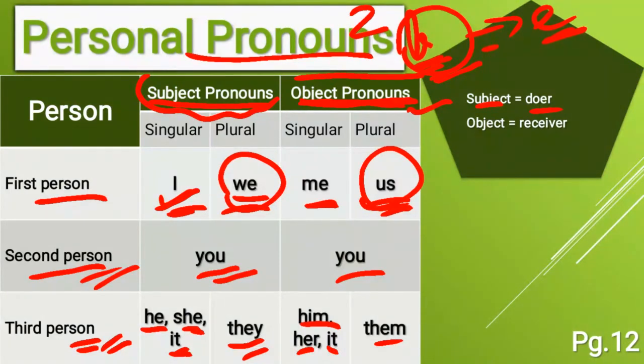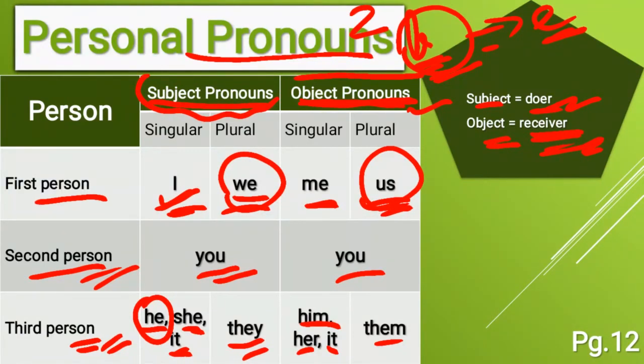Yes, he is going to the school. He is beating him. For example, we take the second sentence. He is beating him. He, who is doing the action? He, that is doer. Yes, subject pronoun. He, third person singular. Isn't it? And then he is beating him. Him, that is object. He is the receiver getting beats. Isn't it? So subject, doer, one who is doing the action, and object, receiver, that should be written in the end of the sentence, one who is receiving the action.